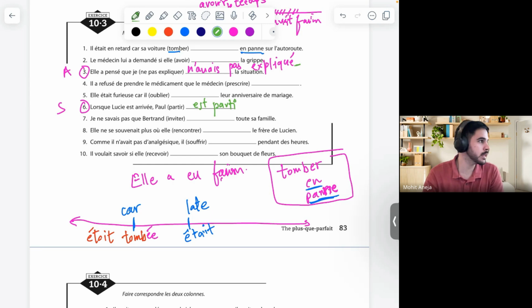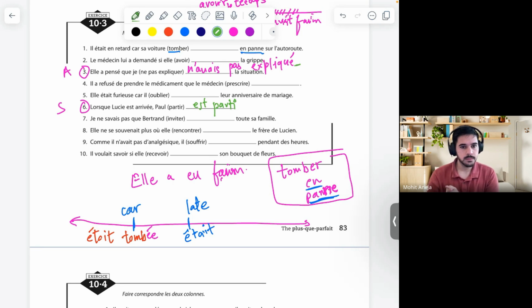Look, the problem here is that because we are studying plus-que-parfait, you know that in this exercise you have to use plus-que-parfait, right? But what you just used, Shalu, is passé composé. It is not incorrect, the sixth sentence is not. Okay, there's no problem in the sentence. The only thing is that the meaning has changed.